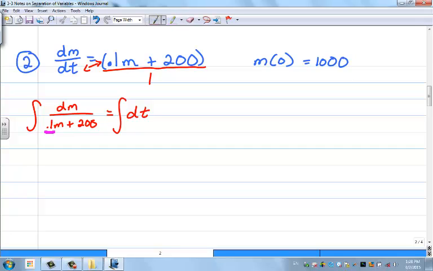So the answer to this side is the natural log of the absolute value of 0.1 m plus 200, but then you have to take that 0.1, which by the way is 1/10, and you flip it and bring it out front. So when you flip 1/10, you get 10 natural log of 0.1 m plus 200 equals, on the other side, you get t plus c. All right, so now what you want to do is get rid of that 10, right? You don't want the 10 in front of the natural log,